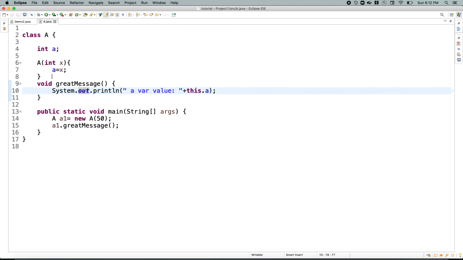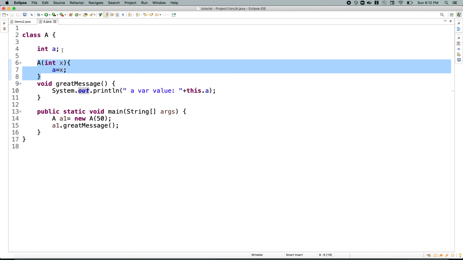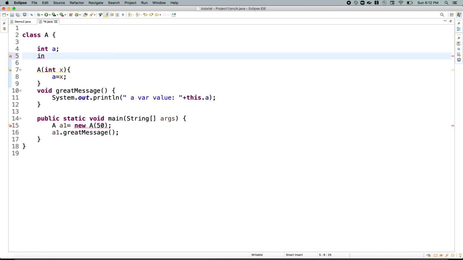So what is the overloading concept? We'll discuss that elaborately in later videos, but here, specific to this topic, I'll give you a use case. I also have an integer variable b.